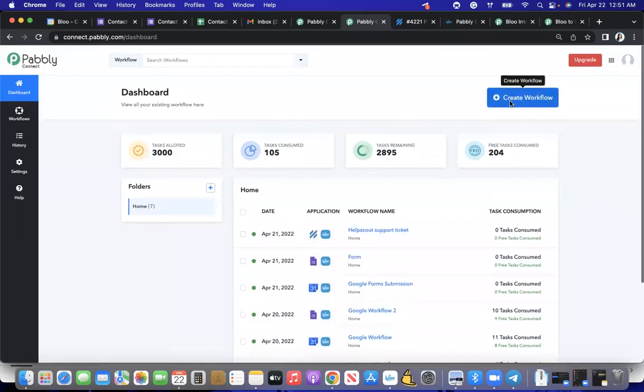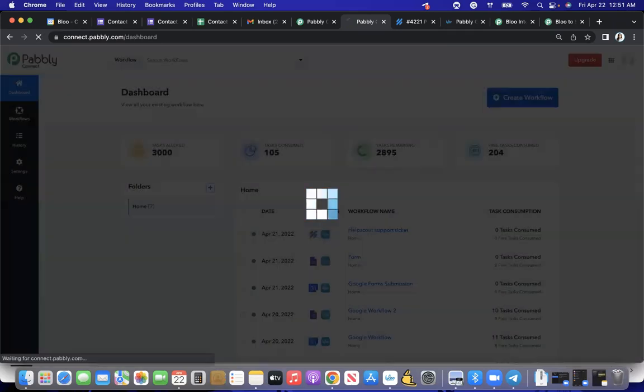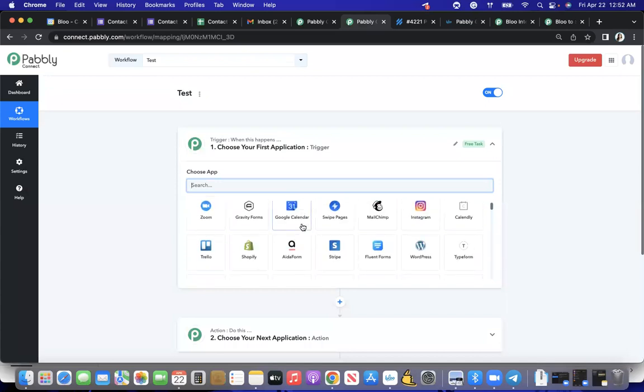So let me just quickly create a new workflow here and then share with you some other tools as well. So let's just do a test here, which is what I recommend you to do. Just test everything out and see if it works for your workflow. And I think this would really help boost your productivity, where you don't have to copy and paste everything and move it to Blue. You can just have it automatically filled in Blue, create your own to-do as well. So you don't have to actually go in and then